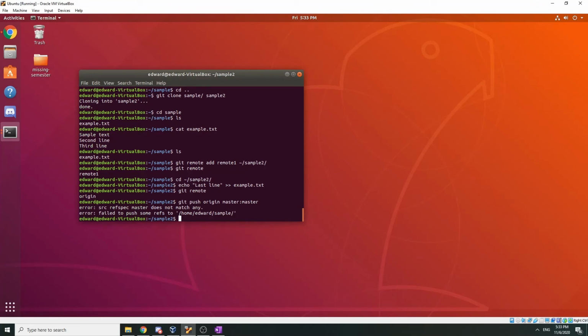Master failed to push some refs. Okay, something bugged out, but basically you use git push, you give it the remote name, and then you give it a local branch and a remote branch. It's going to push those changes to it. So normally what would happen is I would have this last line and I'd push it to the main repository